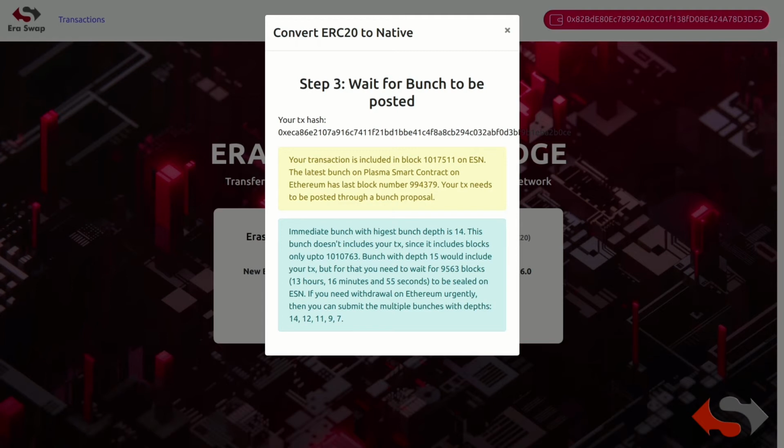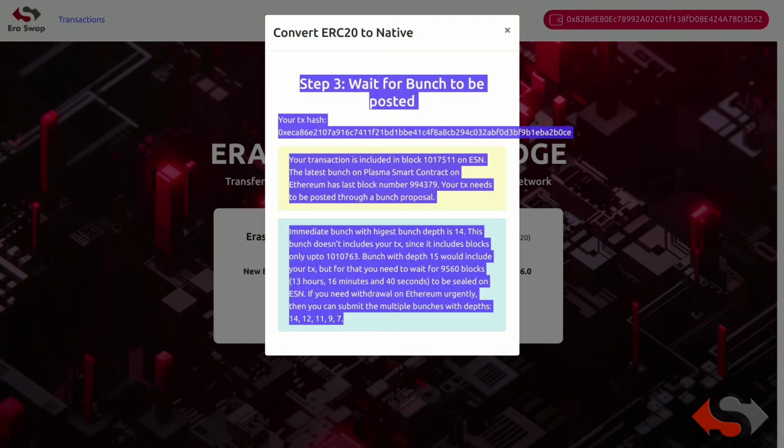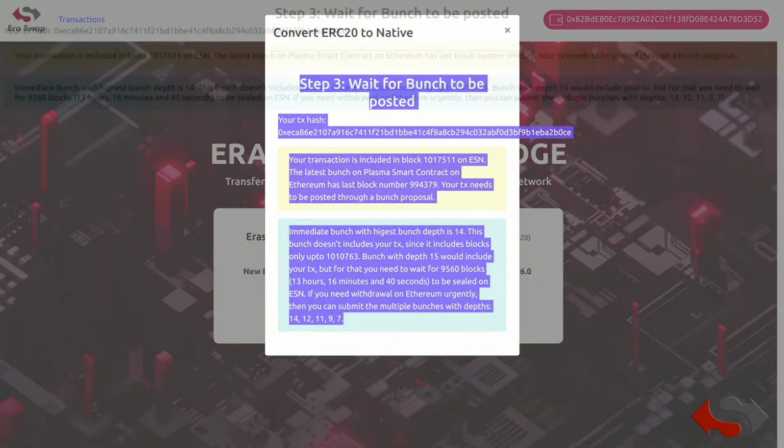Here as we checked, our transaction is included in 10,17,511th block on Eraswap network. We'll note down this data.